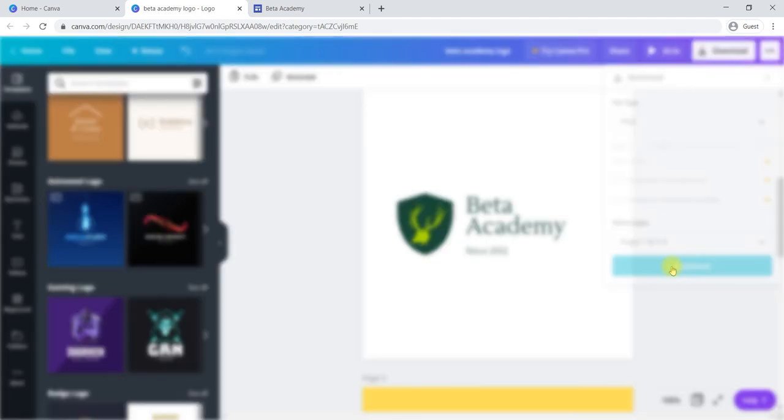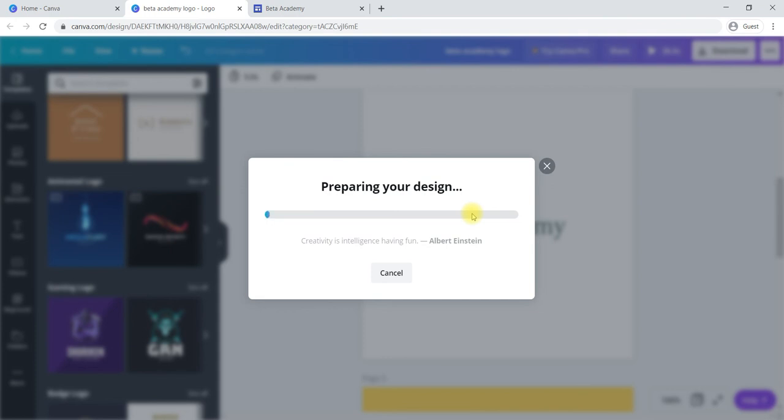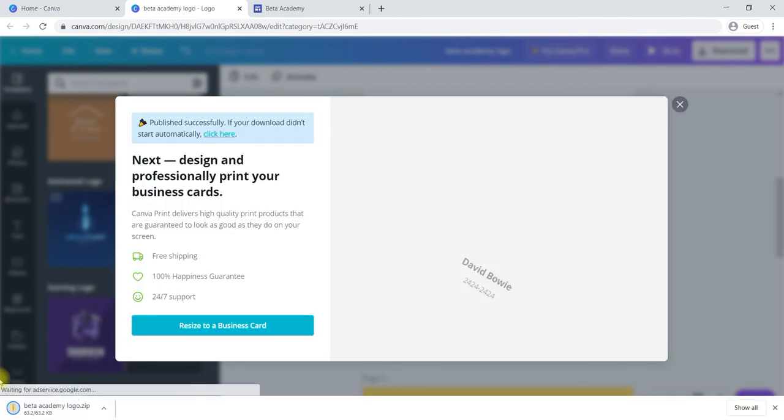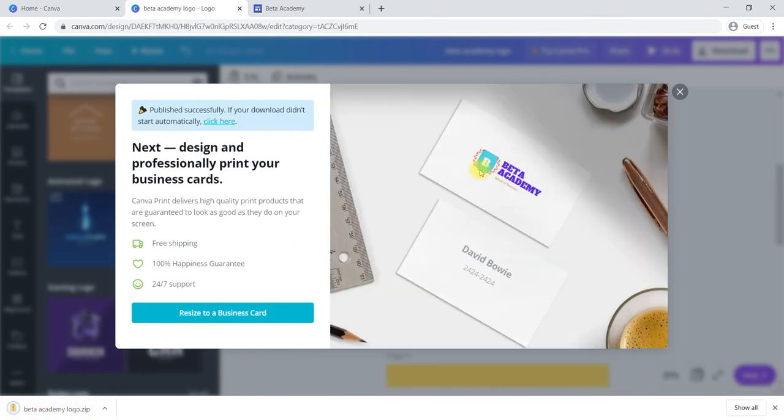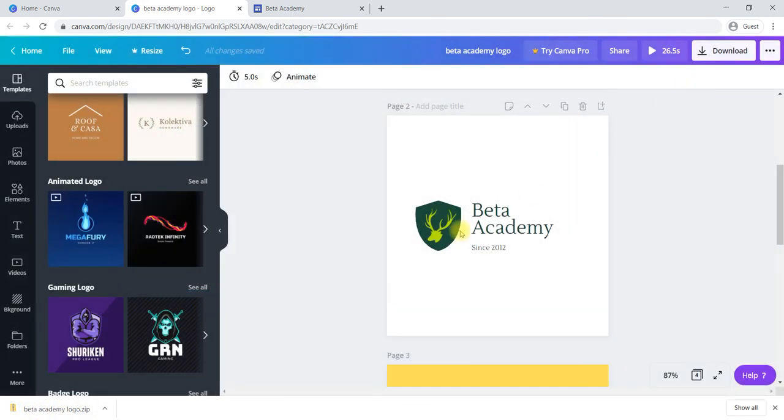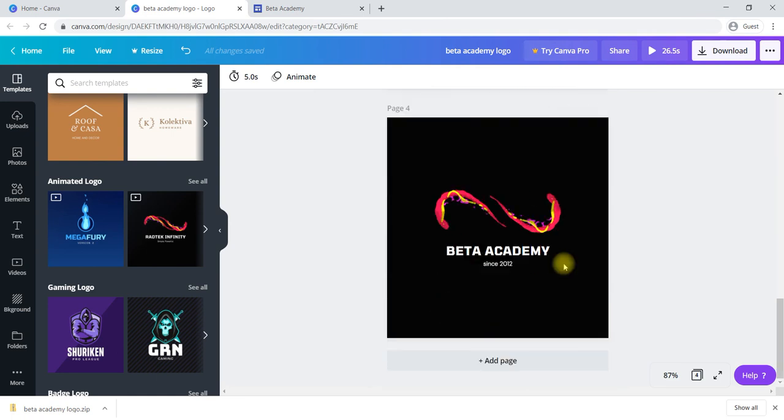If you say download, it will start preparing your design to download, and it will start downloading in a zip format. You can open that one later. Okay, like this we can